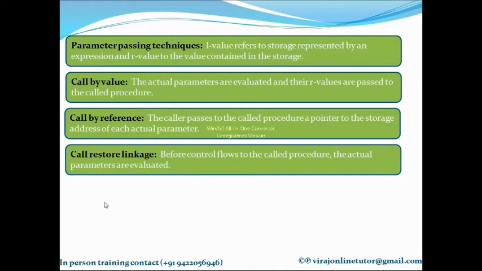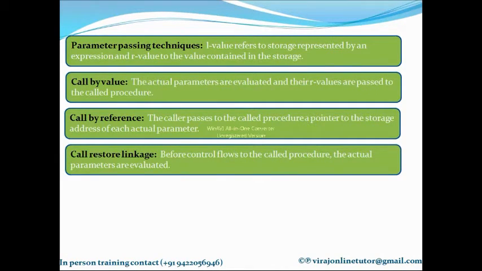The first parameter passing technique is call by value. Whenever I define a function, I have parameters to it, right? And when this function has to be called from somewhere else, I pass these parameters. So I define the function with say 2-3 parameters, and when I'm calling it from somewhere else, I'm passing values to these parameters. So let's understand the different parameter passing techniques, that is, how I am passing values to these parameters. The first is call by value. Let's learn what call by value is.